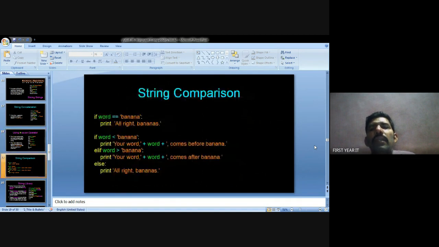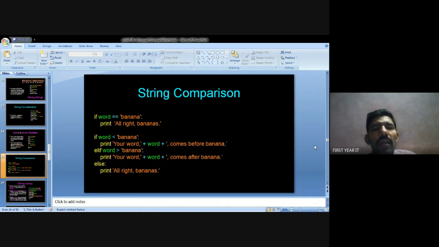Next, string comparison, which compares two strings. For example, if word equals banana, print all right, bananas.